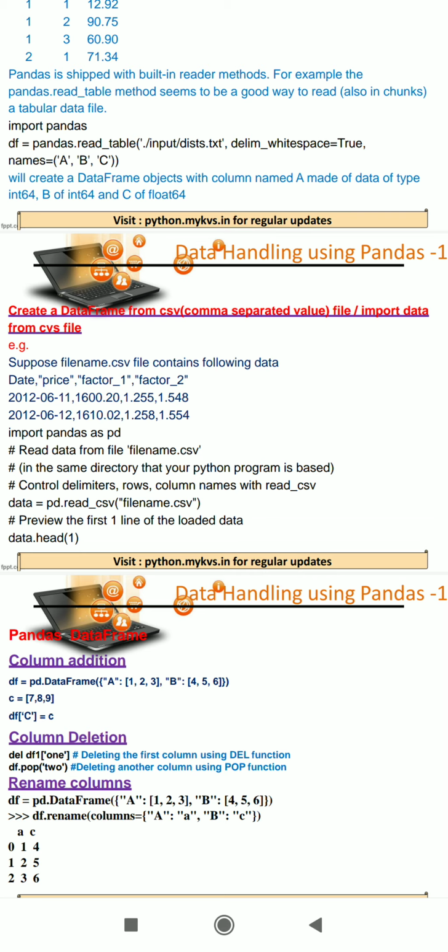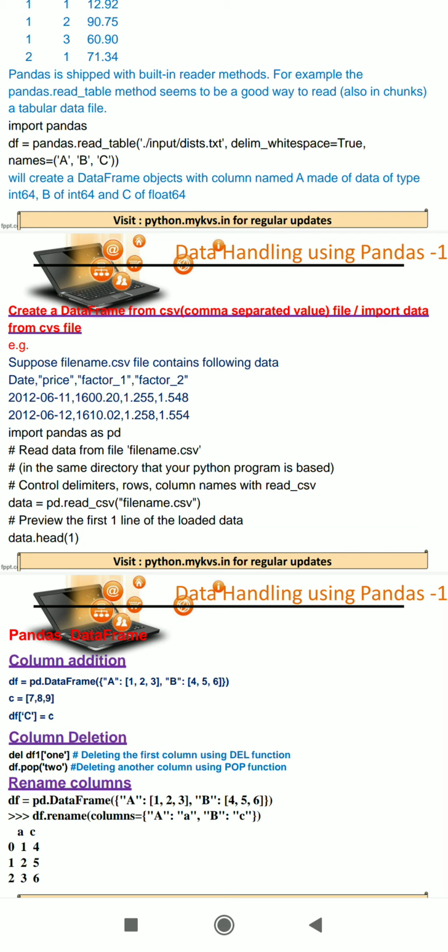Now next question, how can we create a CSV file? A CSV file can be created with MS Excel software. You have to open MS Excel, create 2 or 3 columns with some headings, then fill values just below those columns as rows, and save that file with the file extension .csv. It will create a CSV file. Then you can read data from that file.